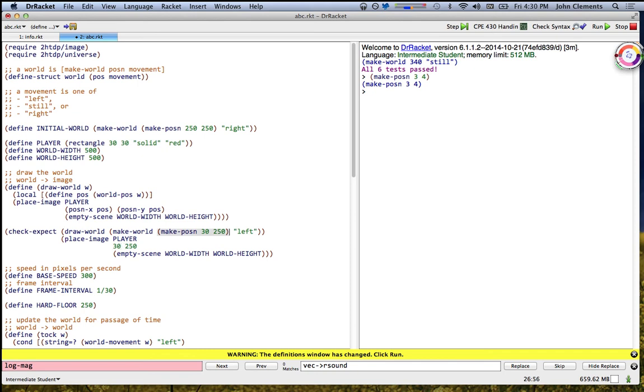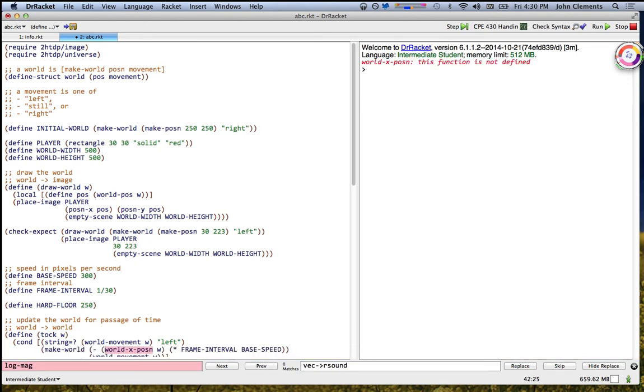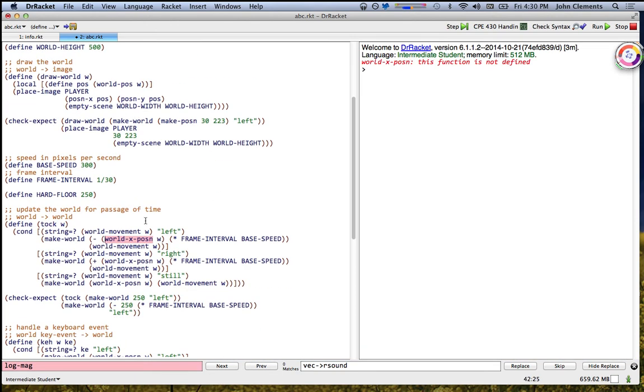Ooh, I got lucky. Okay, those first two test cases should pass. There's no world x pause anymore, just world pause W. Okay, so now suddenly we want to abstract over